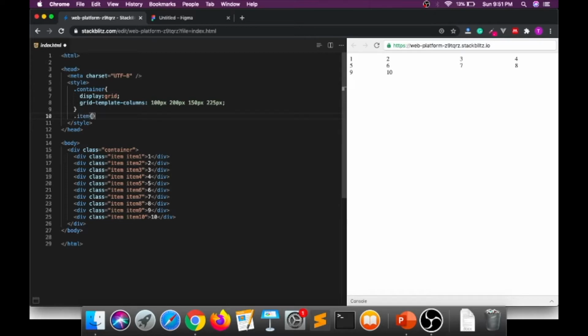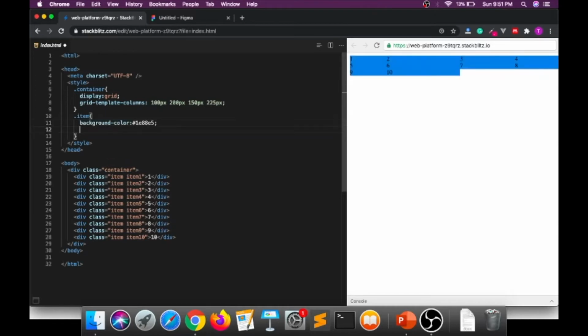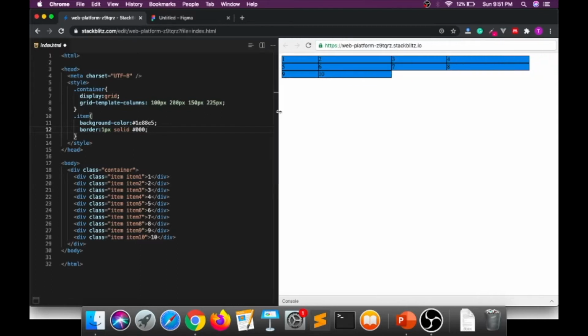I'm just applying background color. Let's say the background color is 18885, randomly I have selected that. Border is 1 pixel solid, and that is, oh, typo. Okay, now as you can see, we are having 4 columns,